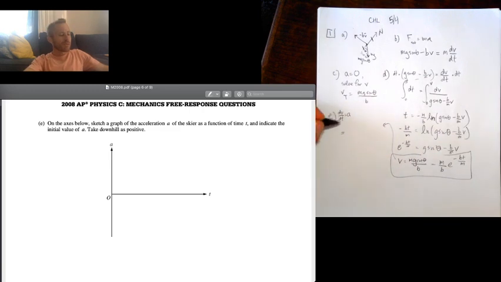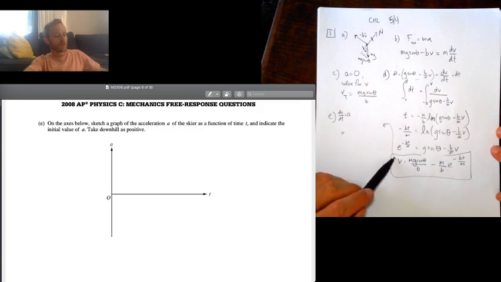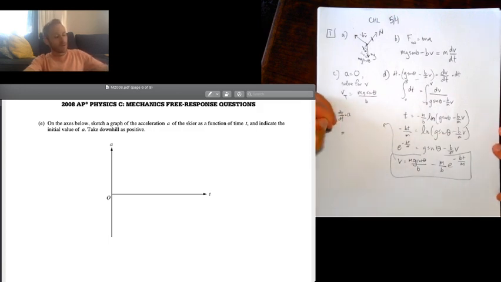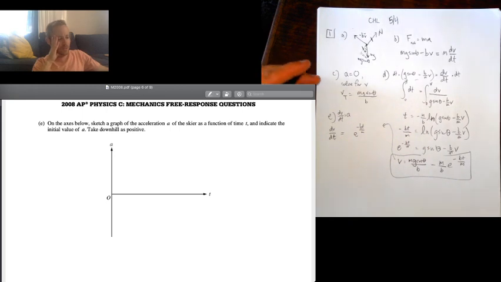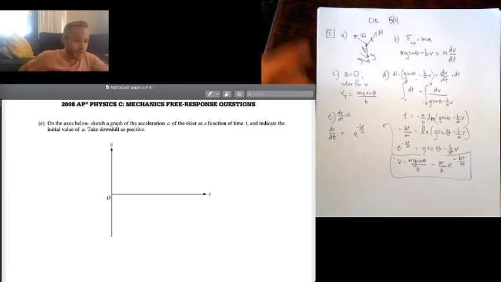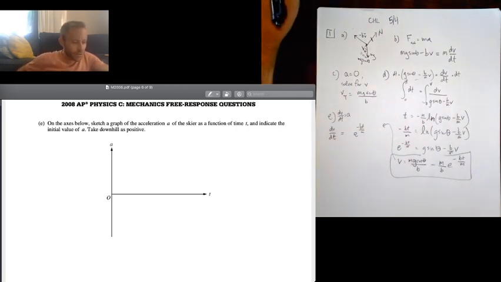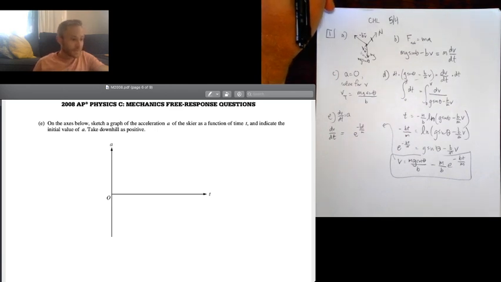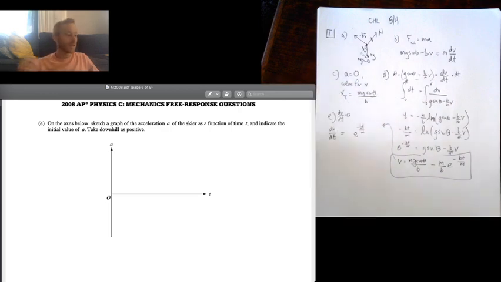Alright, well, I'm not going to waste time, but what you would do is you would just take the derivative of that. If I take the derivative of that, I get e to the minus bt over m. So why do I say that that's not the right answer? Because it doesn't have the correct units. So I've made an algebraic error somewhere, and I'm having a hard time seeing where it is, but it's there. So I know it's going to bother me, but I'm going to move on.